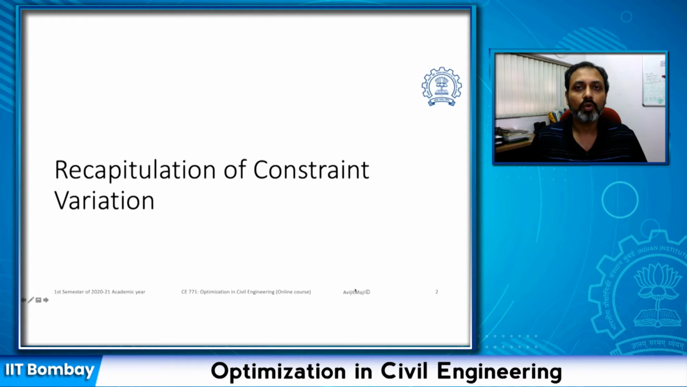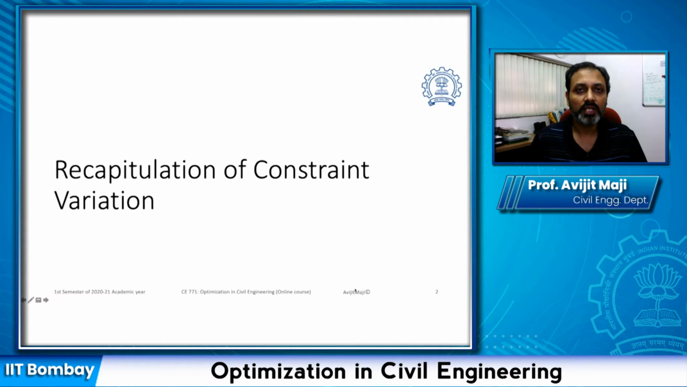Hello everyone, welcome back to Optimization in Civil Engineering. In the last few lectures, we discussed the multivariable optimization problem and the solution process. Particularly when discussing the multivariable optimization problem with equality constraints, we discussed two different methods of solving. One is the direct substitution method and the second was the